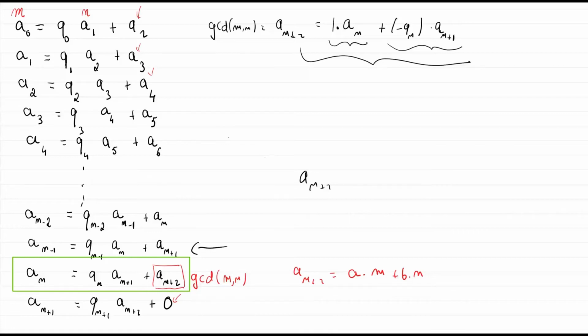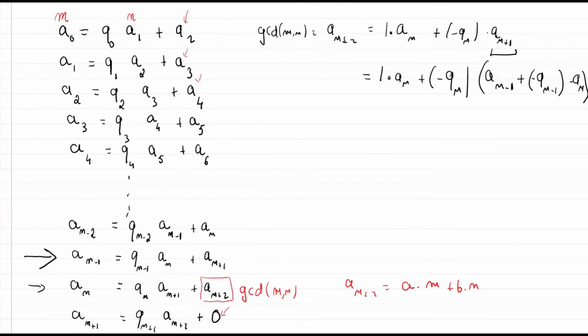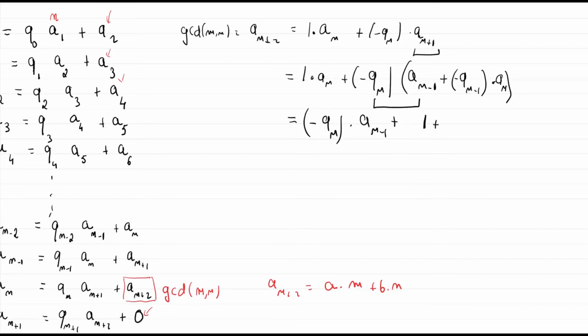The next step is to get rid of this a_{n+1}. And I do it by considering the above equation. So looking at this equation, I can write a_{n+1} as a_{n-1} plus negative q_{n-1} times a_n. Now I can regroup the terms in a_n and the terms with a_{n-1}. So in a_{n-1} I have negative q_n times a_{n-1} plus 1 plus q_{n-1} times